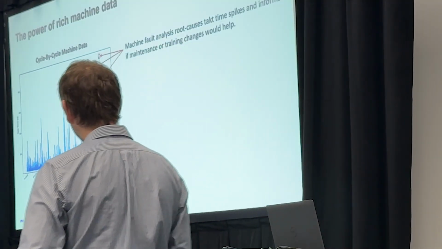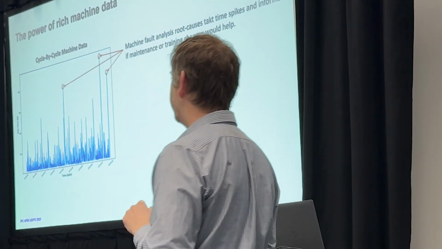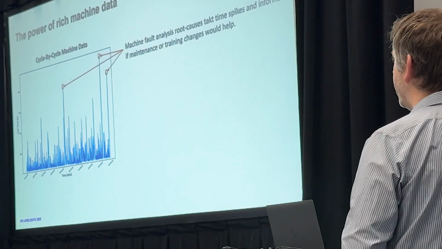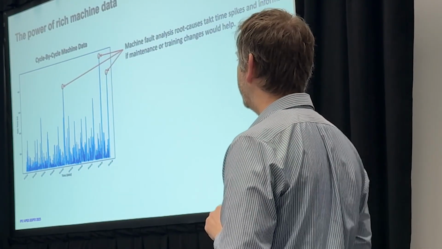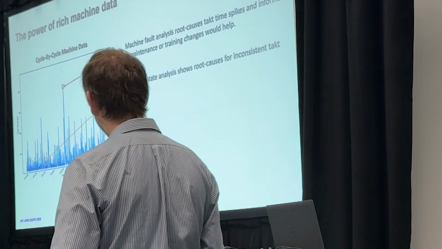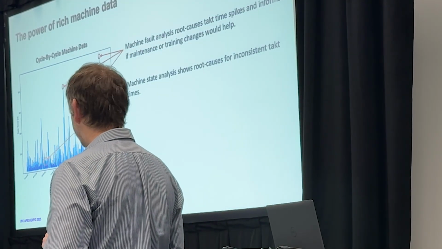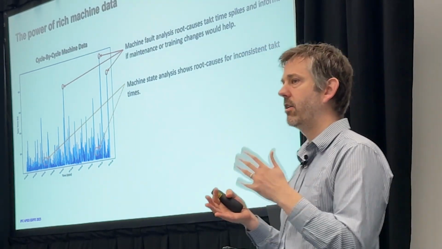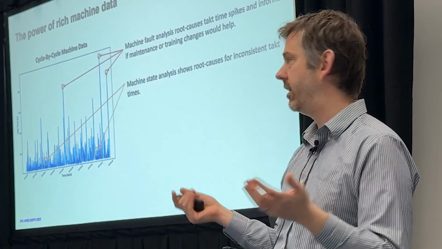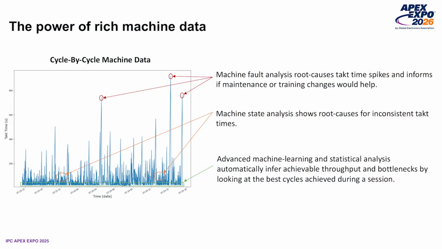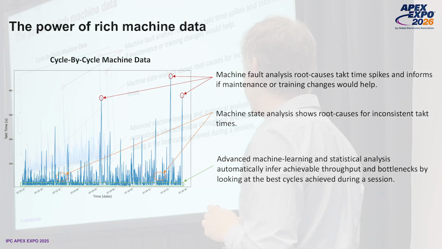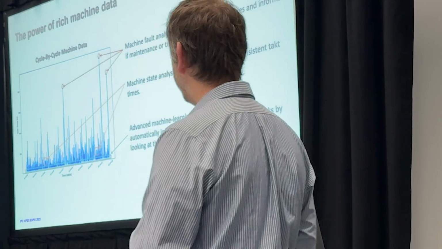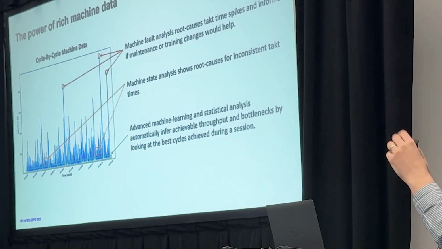And if you look at this, you can identify, oh, I had some machine faults that just stopped the line for 5, 10, 15 minutes. I can analyze those and figure out what's going on if I want to get some cycle time back. You can see here periods of time where for 15, 20 minutes, the line is running. It didn't stop, but it was running about a third as fast as you know it's capable of running. And why do you know that? Because you see all of the actual standard cycles of how quickly the line should be moving when it's working correctly. So all of these things can be analyzed and inferred